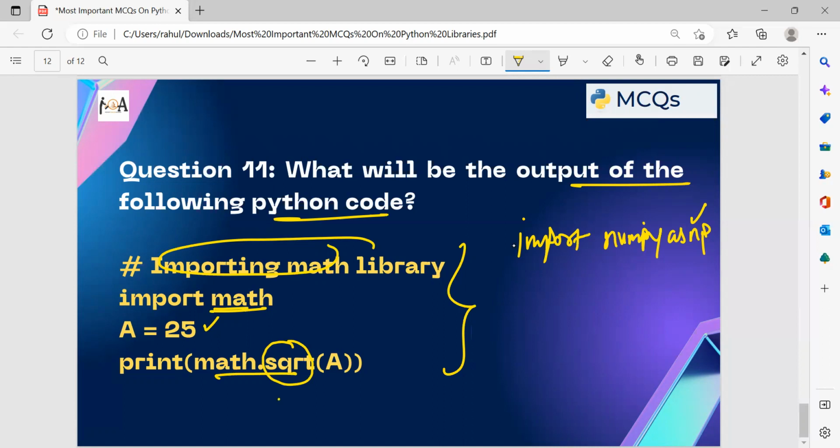Square root is the name of the function which we are applying from the math library. We are not writing the complete code of square root; for finding the square root of any variable we are not writing code for it, but importing it with the help of the math library. This is the syntax, math.sqrt. This is the name of the function which we are importing, and this is the name of the module from which we are importing. And how to import the complete math module? import math, right? Here it is A. So the output would be 5. It is going to perform the square root of 25, that is 5. 5 will be the correct output.